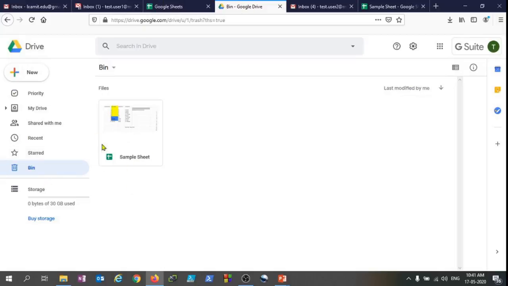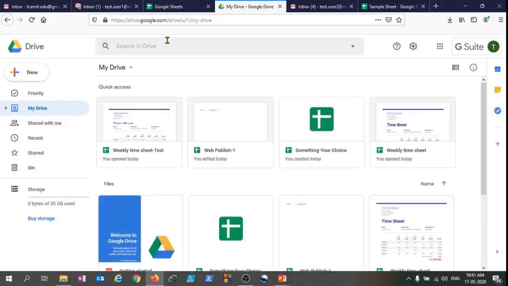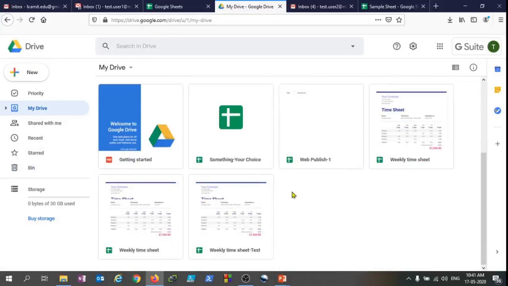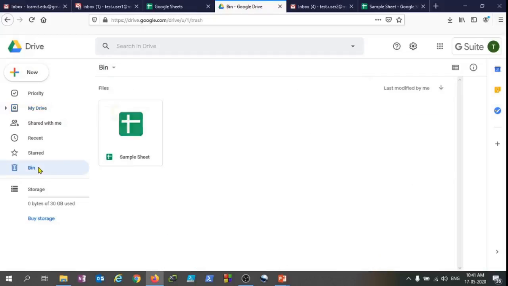So you can see in the Google Drive tab, as soon as you open Google Drive, it will look like this. All your documents will appear something like this. So what you need to do to recover your file is go to the bin option, and from there you can see your sample sheet is there. So you just need to click on it